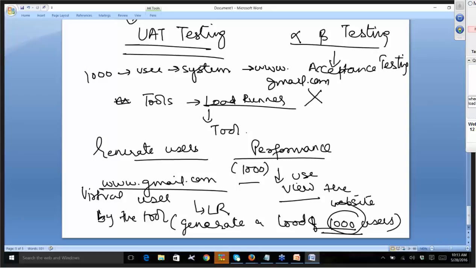So this tool helps me generate these users. So that is your virtual users. Which tool is helpful? I don't know. Loader. When users are generated, let's say 1,000, would LoadRunner actually have all 1,000 users logged in